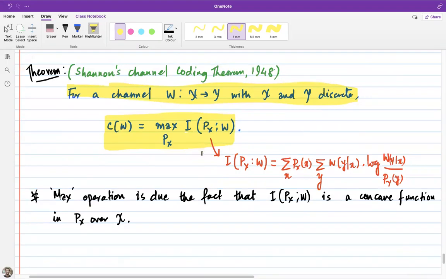Okay, so that's Shannon's channel coding theorem, one of the most fundamental results from information theory. We're not going to prove this result. Okay,